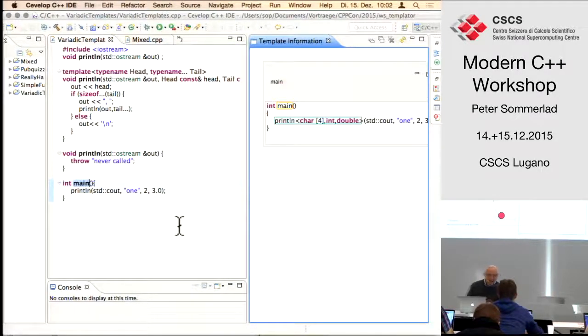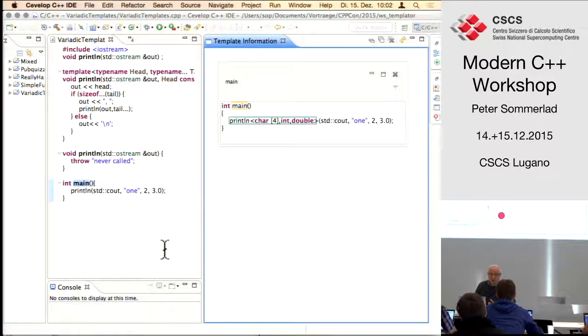Okay, just to give you a glimpse of what we are trying to do, this is my example from yesterday. It just uses the wrong font, I'm not sure why. With the printline template function, a variadic template function with a variable number of arguments with a head and tail version. And what my students implemented actually provides a visualization of what the compiler would generate from your code. If we focus on the main function, it shows that it will generate a call to the printline function where the deduced template arguments are a character array, an int, and a double. And we have 1, 2 as an int, and 3 as a double.